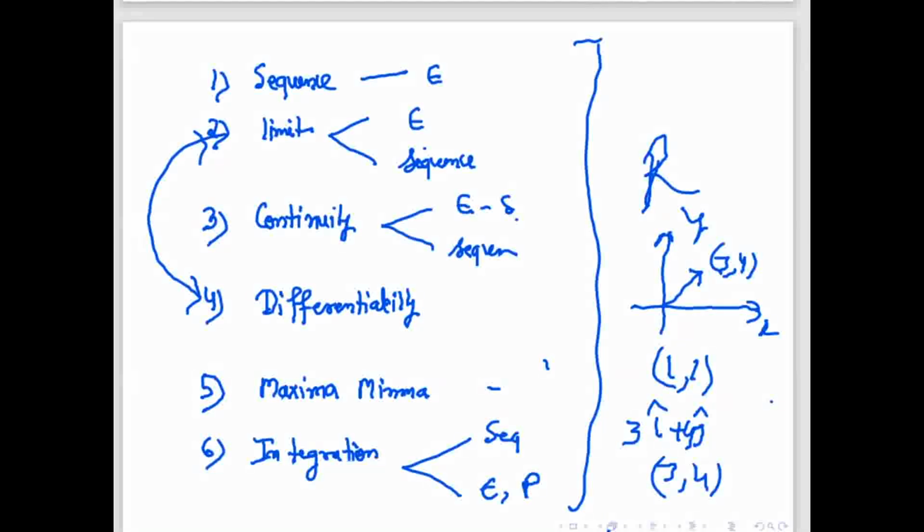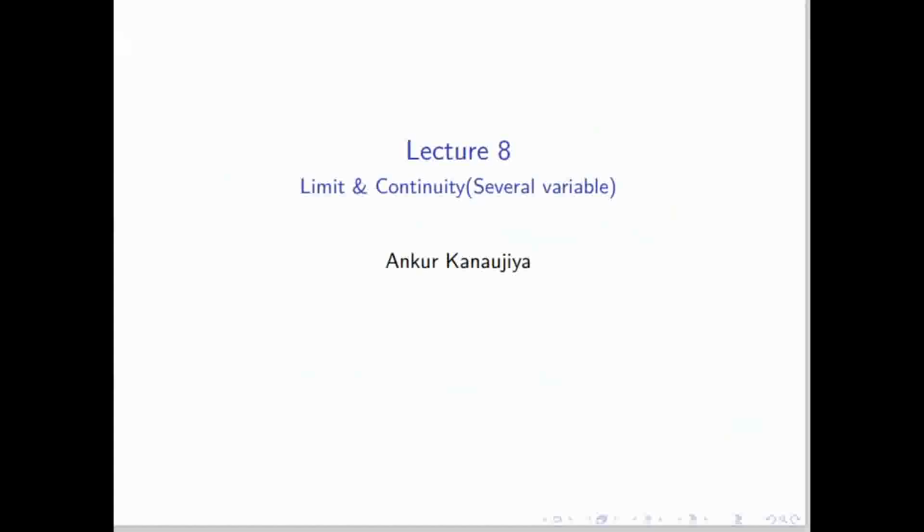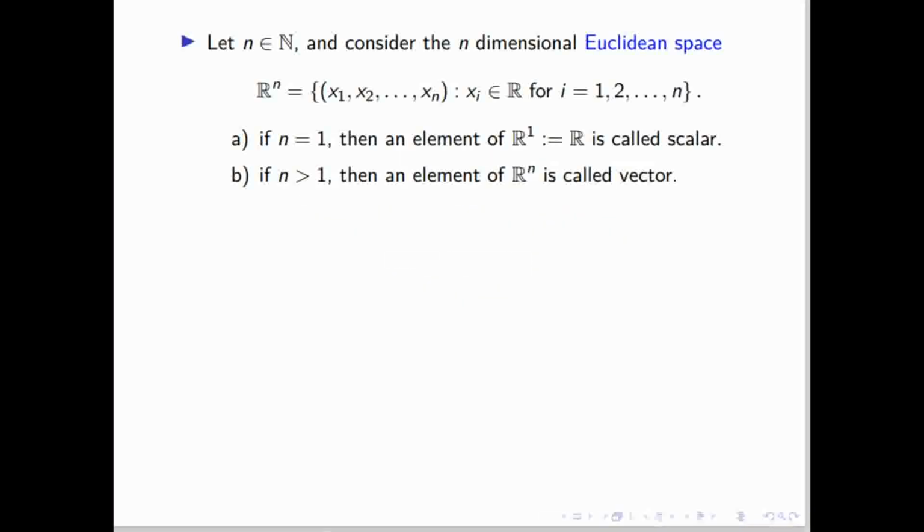So first I will just define some terms which are useful in this multi-dimension. What the multi-dimensional meaning is: if n belongs to the natural numbers, consider n-dimensional Euclidean space. Like if n equal to 1, we have only the real line. If n equal to 2, then we'll say it is R2, and it has only 2 components, x1 comma x2. A vector will look like x1 comma x2, like 3 comma 4, 5 comma 6, 7 comma 8, or